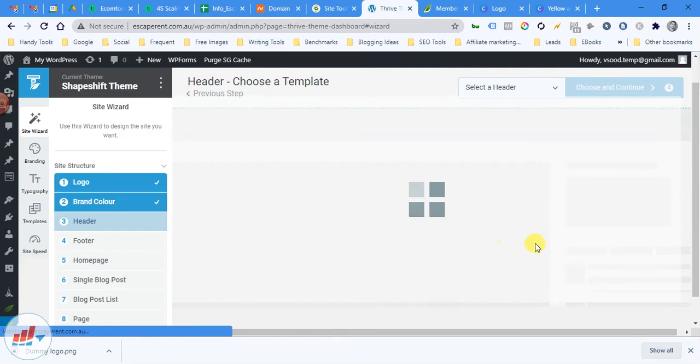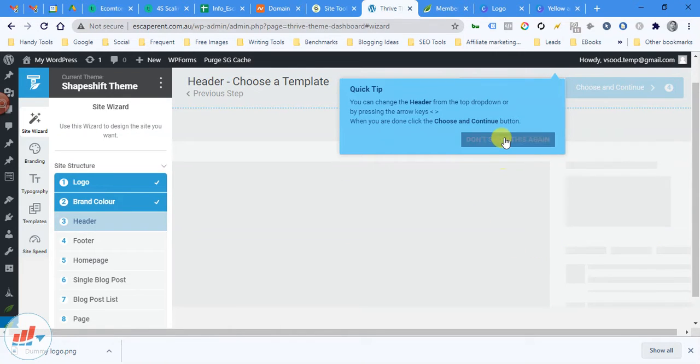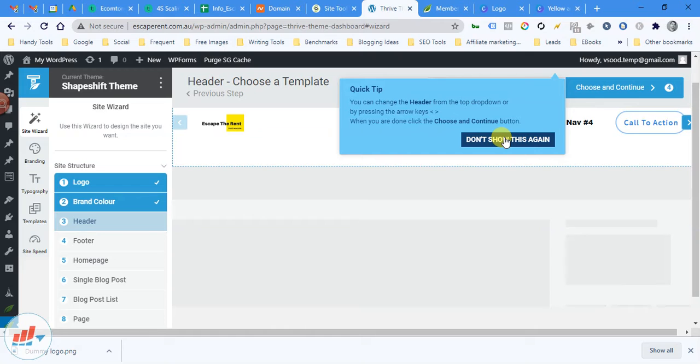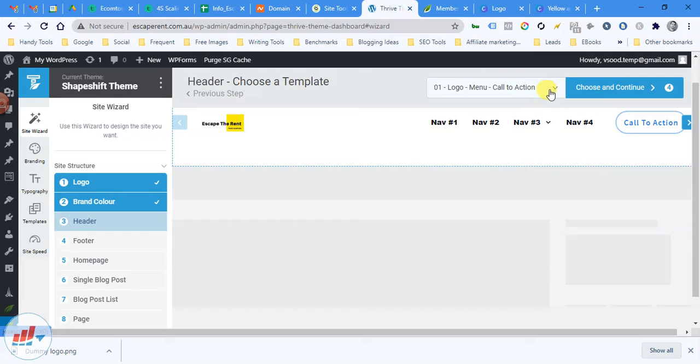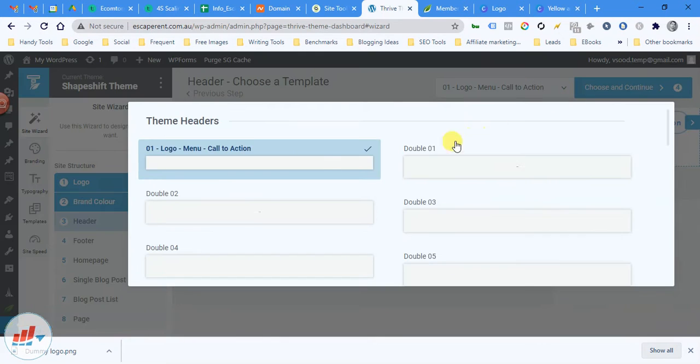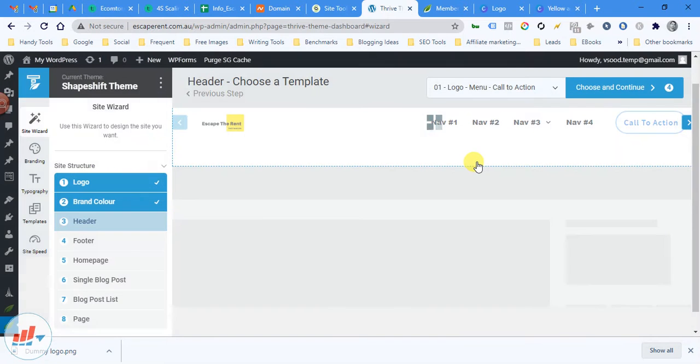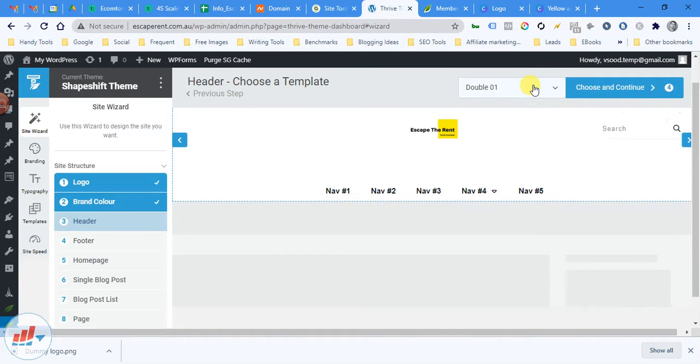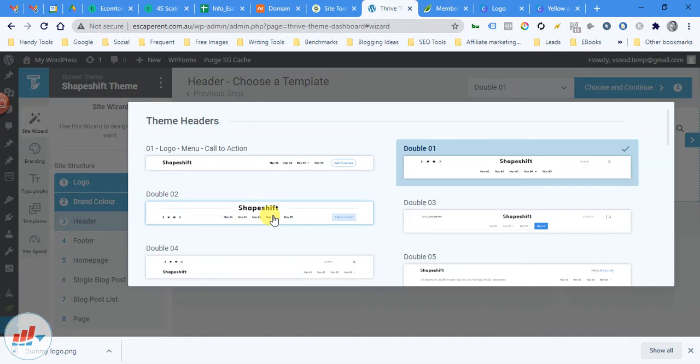Now the next thing is choosing a header. You can choose a header from the top drop down or by pressing arrow keys. Okay, so this is one of the options. Now this is another option. So there are different options that are provided. Okay, so we can choose any of these options.